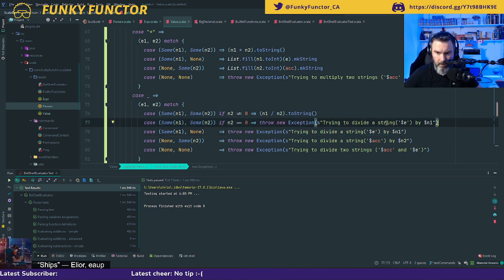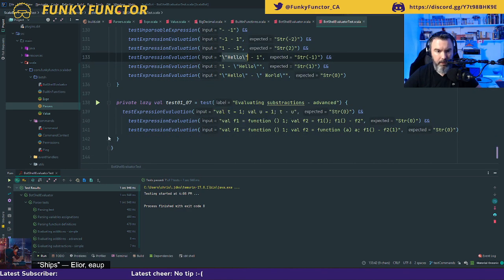So trying to divide n1 by 0. Okay, so the default is going to be the division.